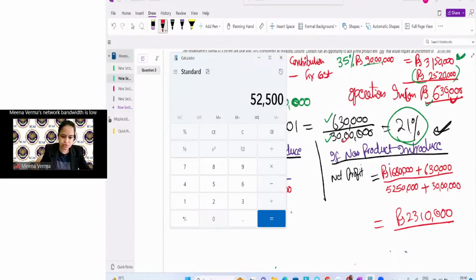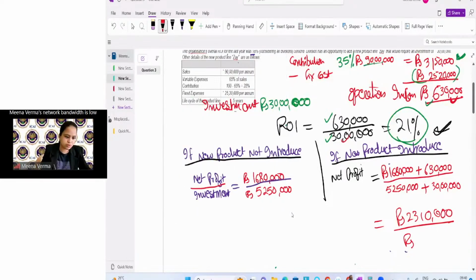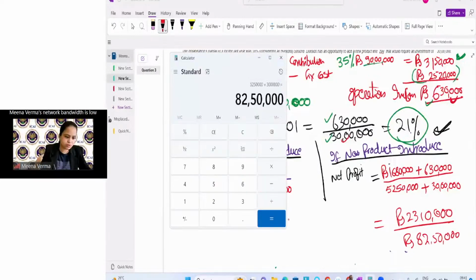So what is it coming if I divide them? 231 divided by 825. So this is coming as 28%. But before this, this ratio was 32%, right? We have calculated it as 32%. So you can see